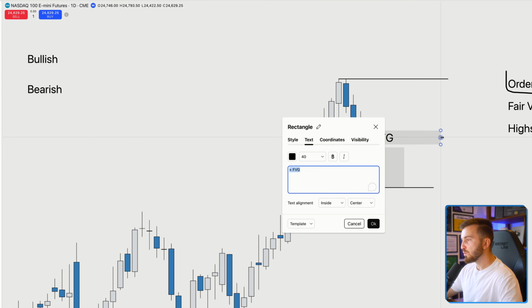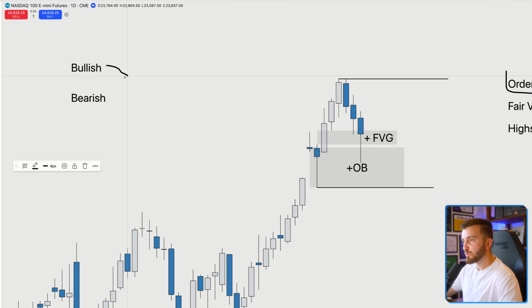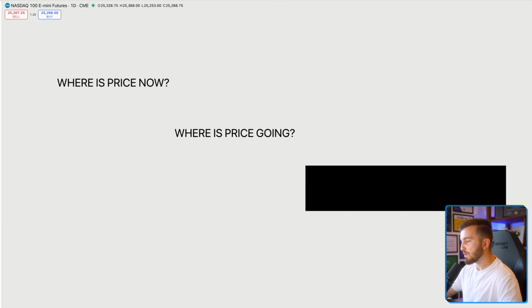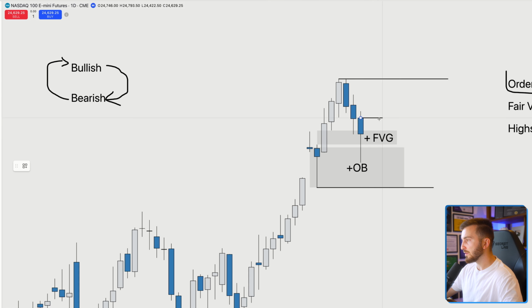And this is where understanding one concept is very, very important. And that is that the market is always cycling between bullish and bearish higher time frame key levels. So for example, if right now we are at a bullish fair value gap and at a bullish order block, the market needs to go towards a bearish level, which in this case, on the daily chart, the only bearish level is actually the high. So when we ask where is price going, then it can be the candle open, for example, the candle high, and even the external high, even though external highs usually take longer to play out.